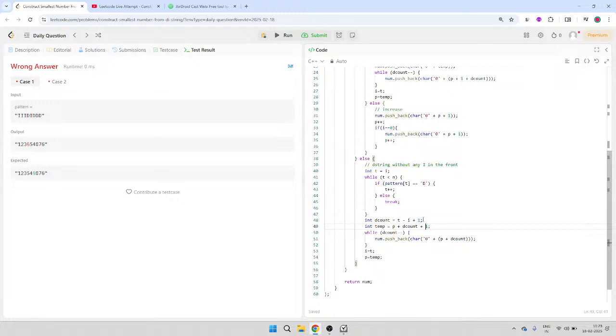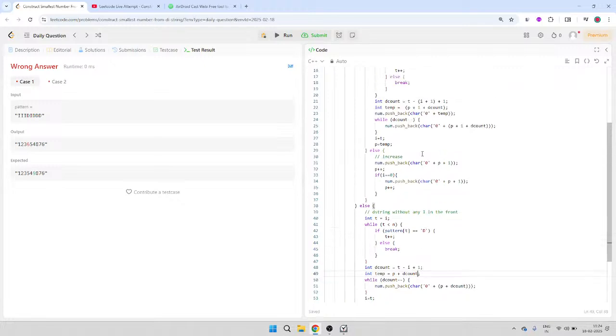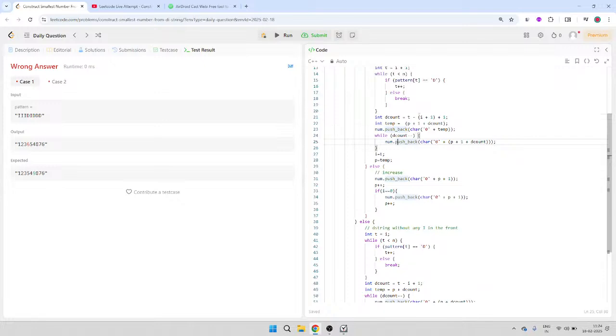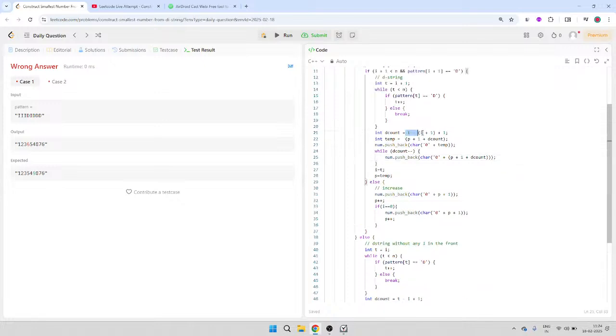What is this temp now? It should incorporate the count increase, right? Temp is the maximum value, which P was, let's say, 0. It would be D count 2, right? This is fine. So D count is increased here, and temp is also, mm, temp is cool, I guess, because here we need to think. Let's say this number of Ds are there. Let's say it's only one D over there, but we know that there is an I as well. So what we need to do here is